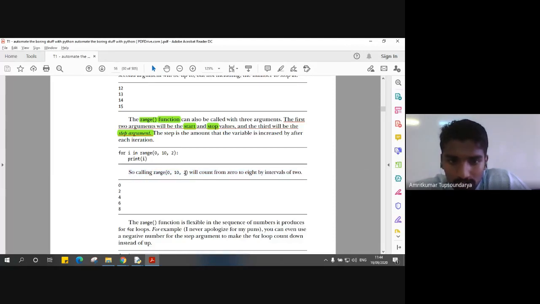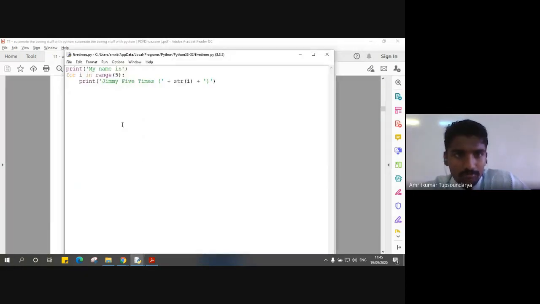This step argument is a gap or an interval that allows the range function to execute with respect to this gap. So whenever a value satisfies this condition of 2 gaps or 2 intervals, only then the print command will get executed. Just to demonstrate, let's say we execute this program in our shell.